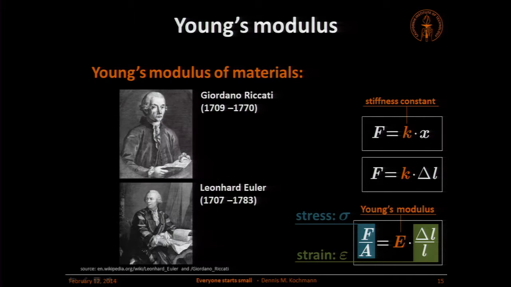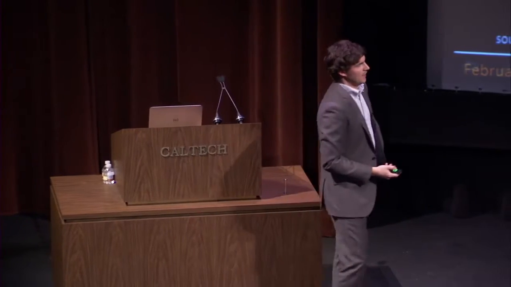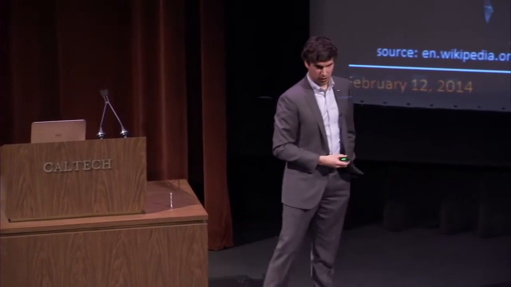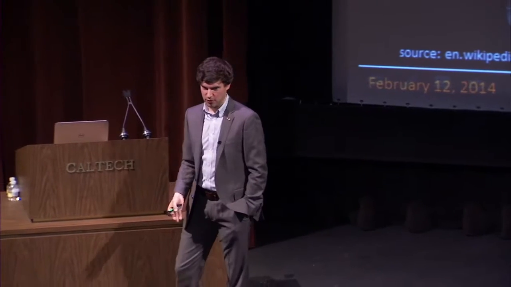In fact, the 2 pictures I should be showing are probably these. Leonhard Euler was a Swiss mathematician and physicist who used the concept of this Young's modulus more than 50 years before Young. Giordano Riccati was an Italian all-rounder. He was a scientist, an architect, a musician, and he actually measured Young's modulus more than 25 years before Young actually worked in this area. Yet, for some reason, Young got lucky, so now tonight we're talking about Young's modulus instead of the Euler-Riccati modulus.